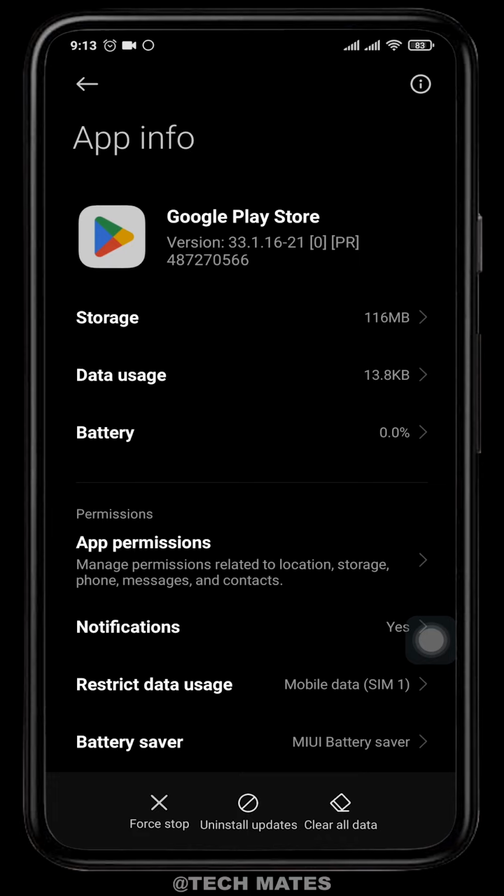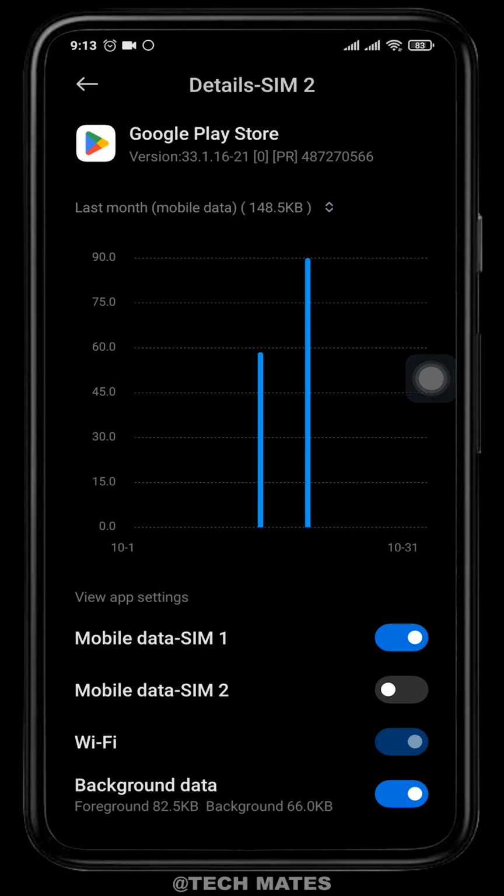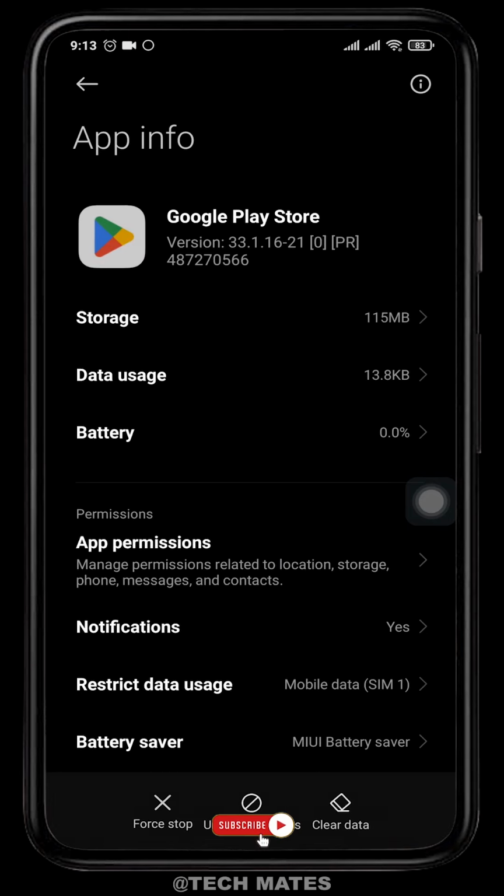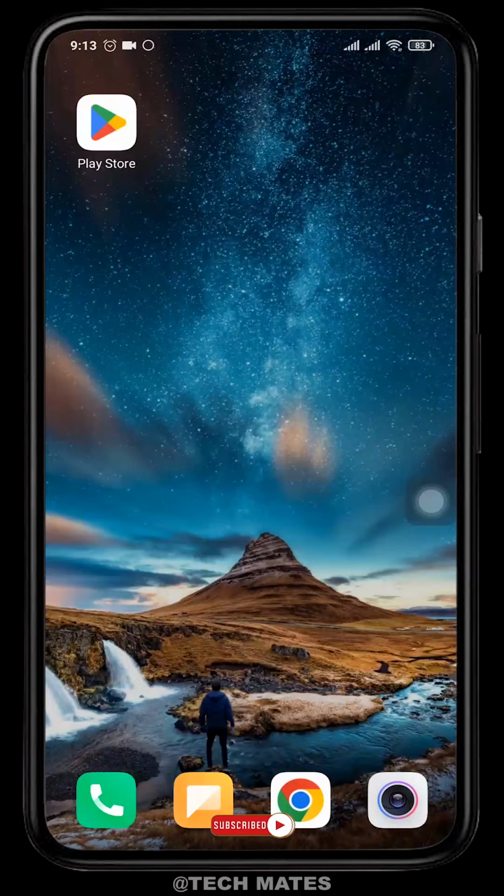If you're using a mobile connection instead of Wi-Fi, you can tap on data usage and make sure that your background data is turned on. If you have this turned off, your data won't be used on the Google Play Store and the internet connection won't work. So those were the steps that you can try out to fix the problem of "something went wrong"